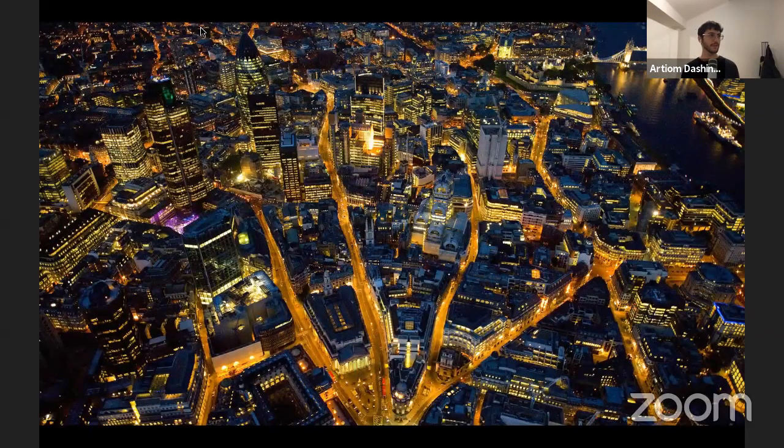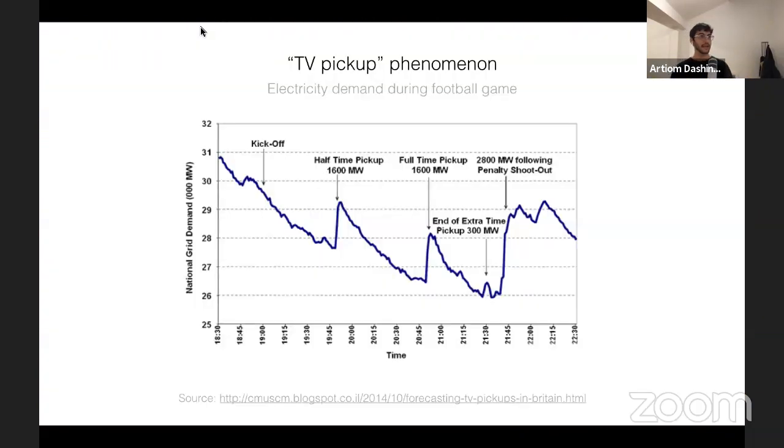And there is another thing that people in the UK like. Maybe more, maybe less than tea, but they really like watching sports. And there's this unique phenomenon in the UK that during very big football games, the first thing that happens when the sports go for a break is that people go to their kitchen and turn on their kettles.